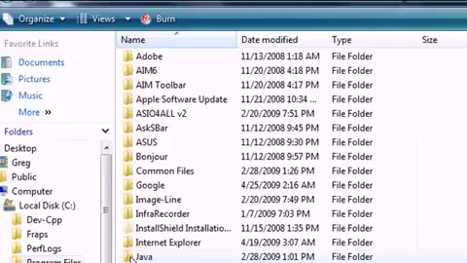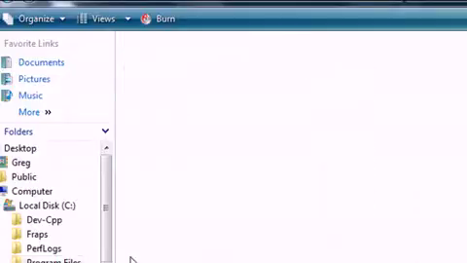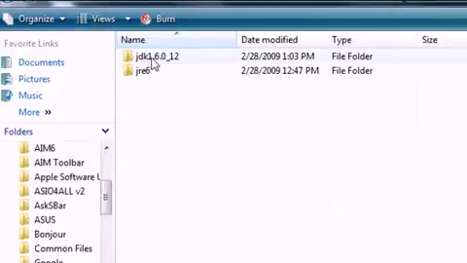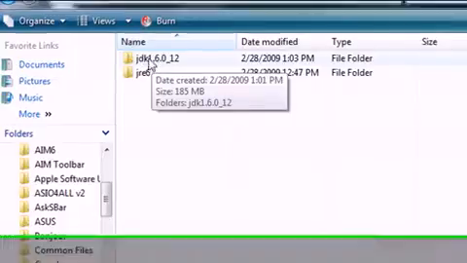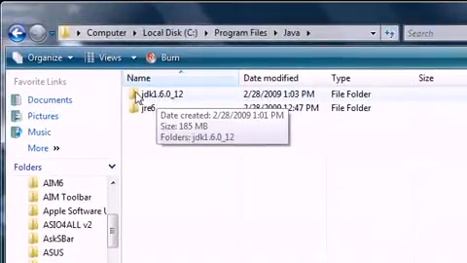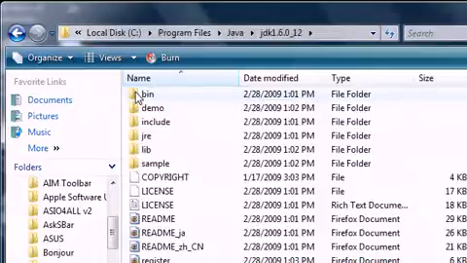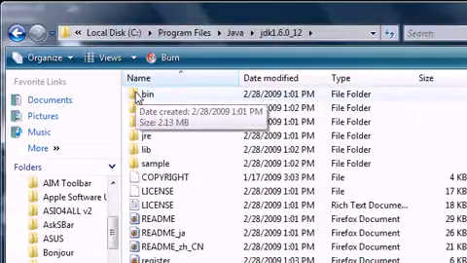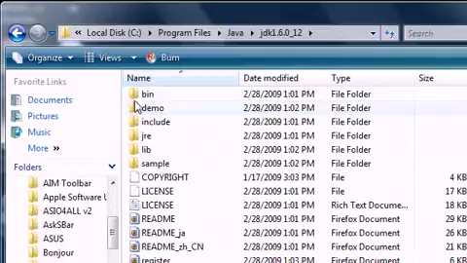Now you should have a folder called Java. Go ahead and click that. Now go ahead and click the version JDK. If you don't see this, it means you didn't download it right. So go ahead and click that, JDK. The next thing, and last thing, I want you guys to do is click on the thing that says bin